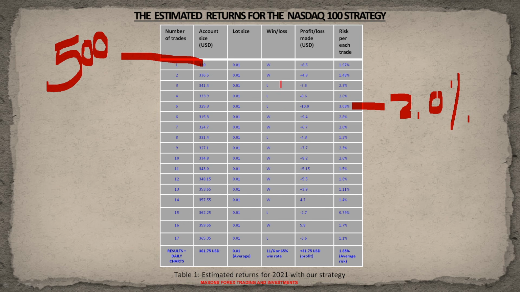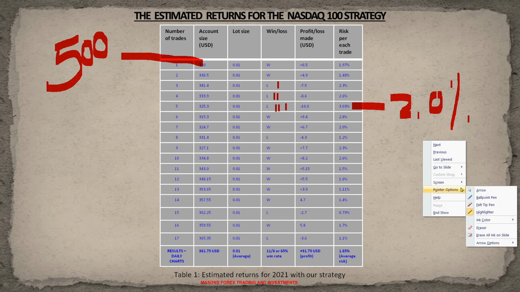And you can see from our data, look at here, we took 3 losses in a row. So it's 1, 2, 3. These form our 3 losses. Now what happens